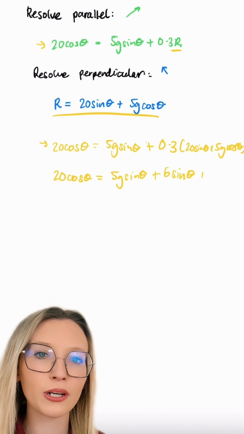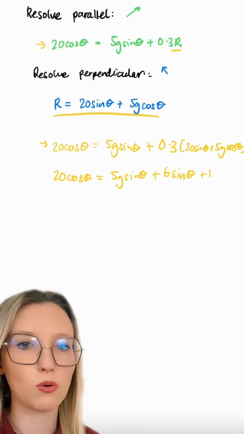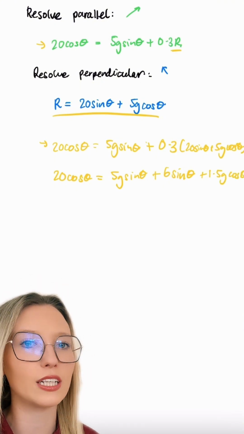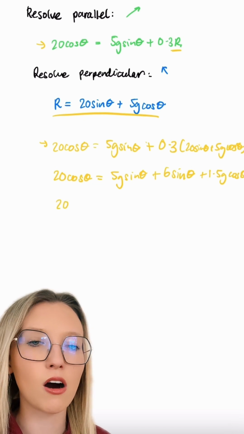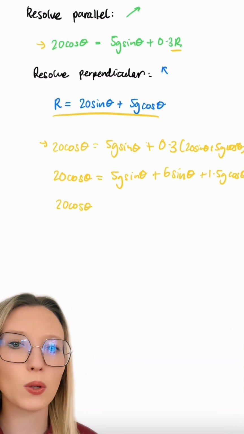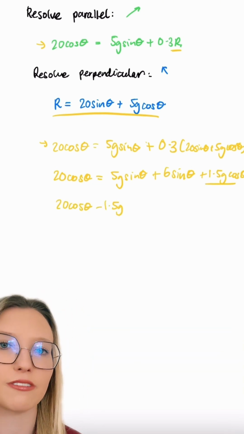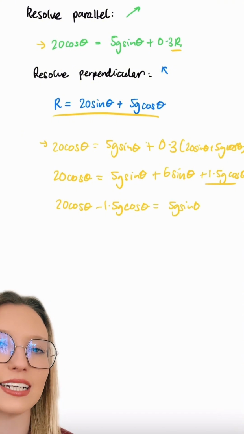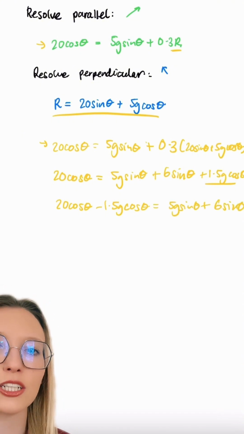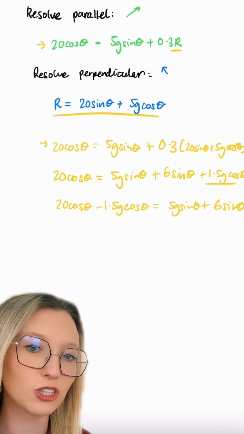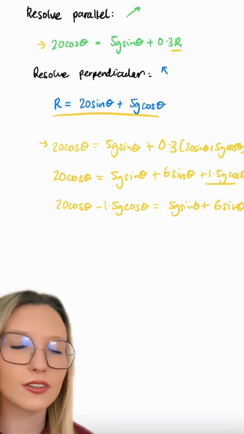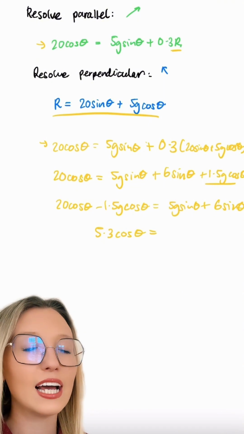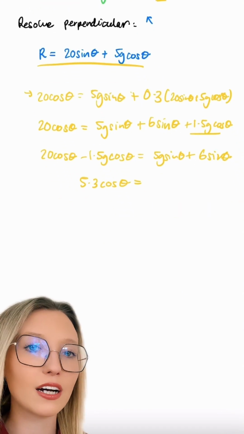Now we've got that, we can bring all of our cos terms onto one side and all of the sine terms onto the other. So we want to subtract our 1.5g cos theta from our right-hand side. So we get 20 cos theta minus 1.5g cos theta equaling our 5g sine theta, add 6 sine theta. So let's go ahead and expand out by g then, which is 9.8. So this is going to leave us then with 5.3 cos theta on this side equal to 55 sine theta